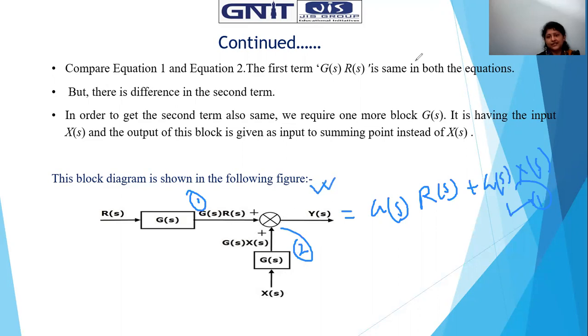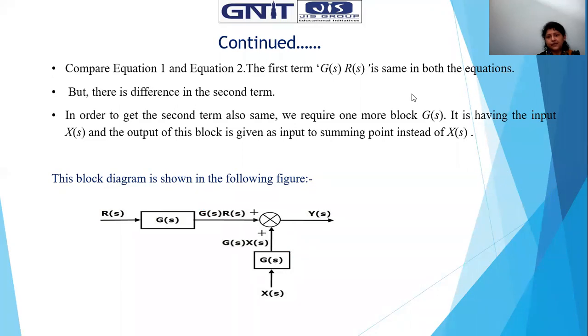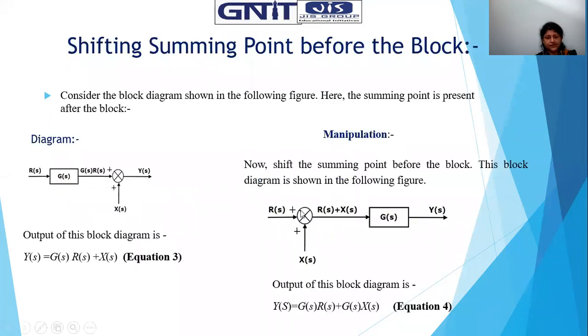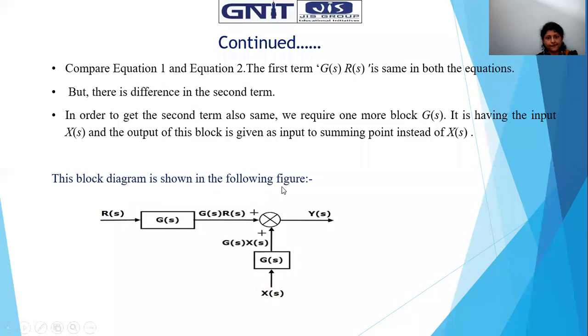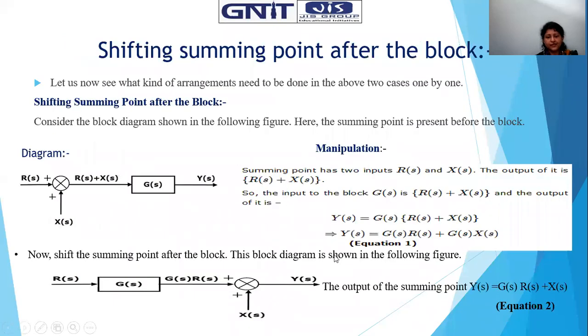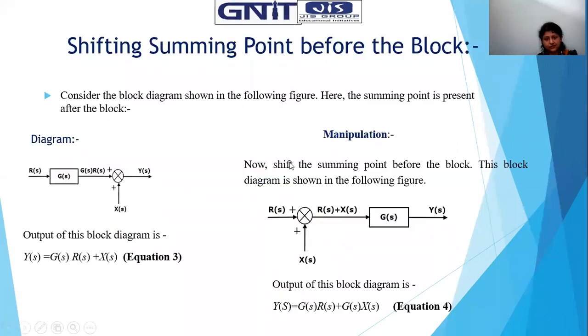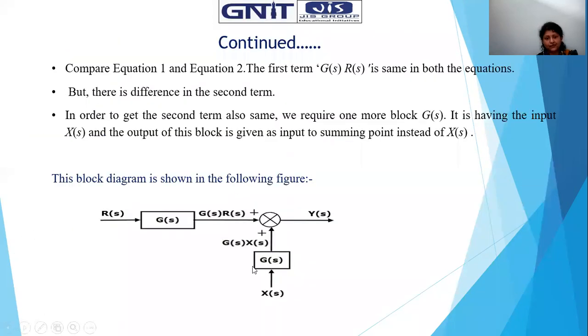So let's again see what was that in the previous case. In the previous case, this is the summing point. And after that, you have the manipulation, XS multiplied with GS. Okay, just note it down. So we have here GS multiplied. That is the modification we did. Okay. Now again,